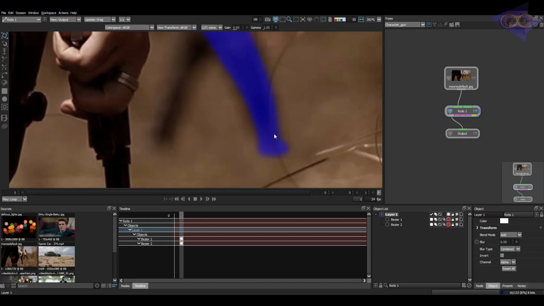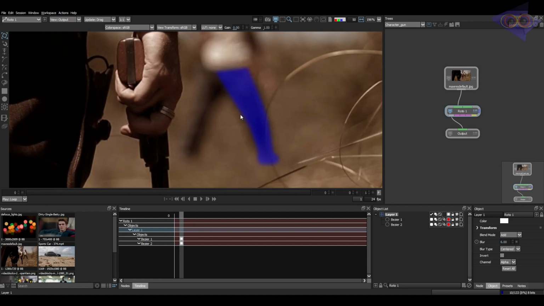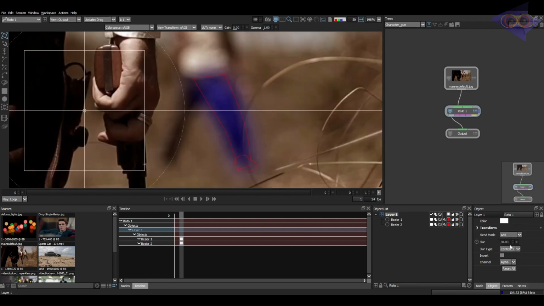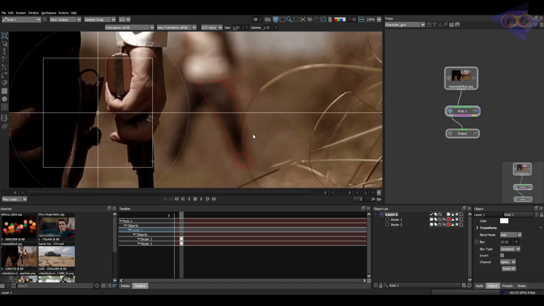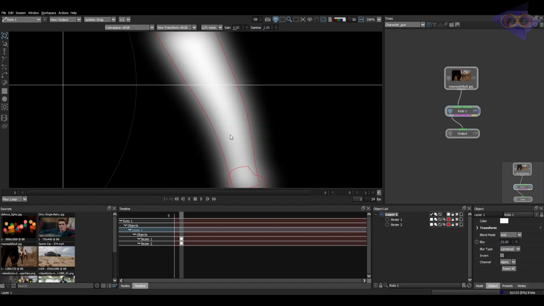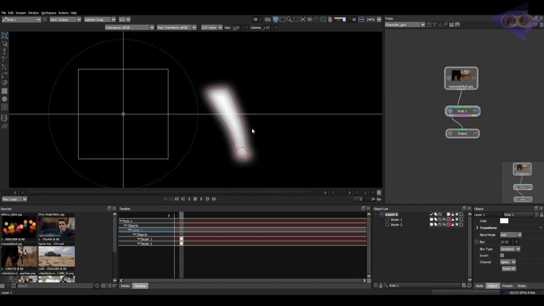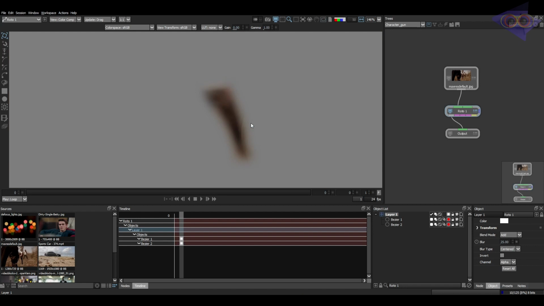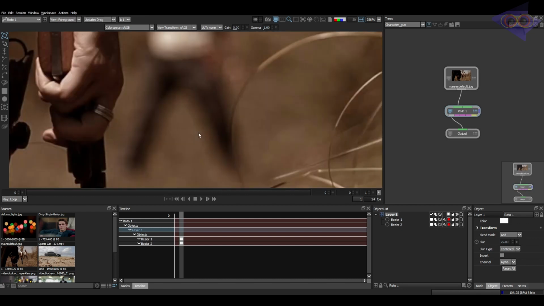Now let's see if we match the shape over the input. No, we still need much more blur in this shot. Let's give a value of 50 and see. This is more, so let's give a value of 25. This is somewhat matched. Now you can see the shape is completely matched, right? Even in the color comp mode, you can see the hard edge is there, and even the blur is matched somewhat.